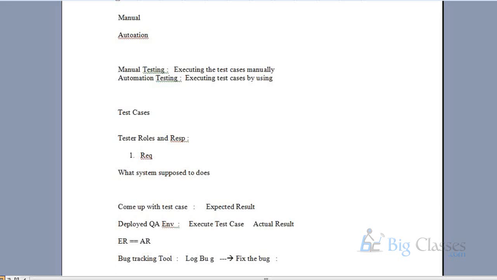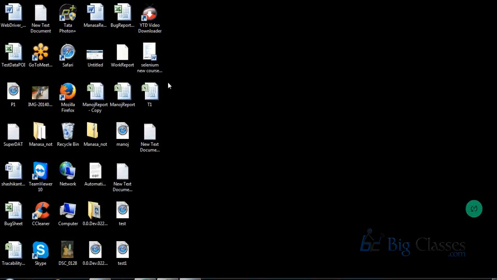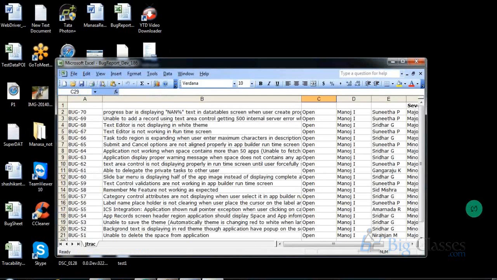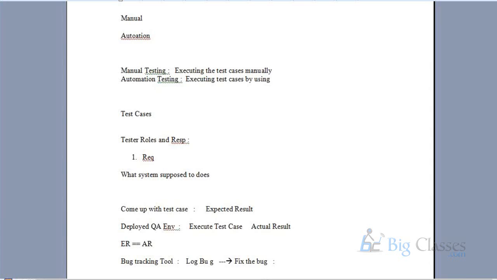So what is a test case? A collection of test steps. Once your test case is done, the developers will deploy the build into the QA environment. Build is nothing but the releases they are giving.